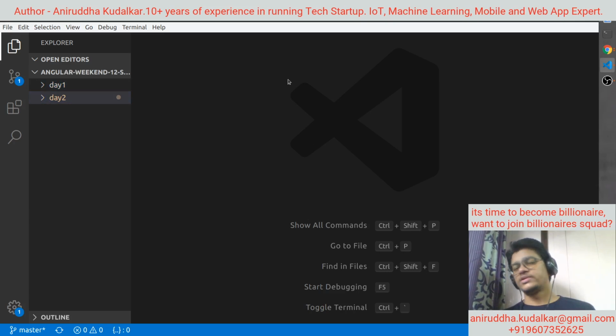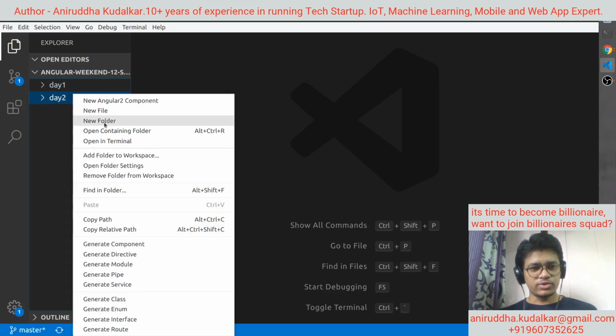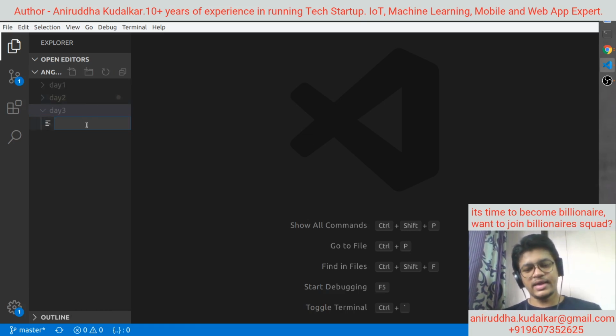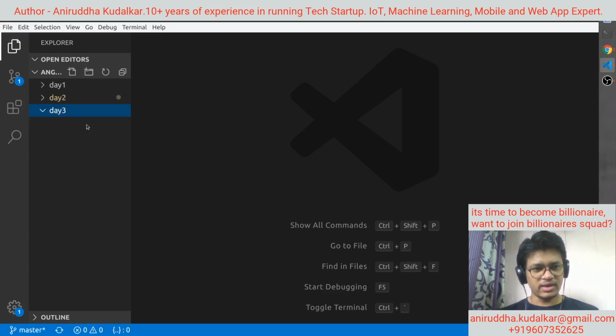Now I'm going to create one folder, day 3, here, and under day 3 you can have a file, and then you can have your interfaces. New file, say sound.ts.